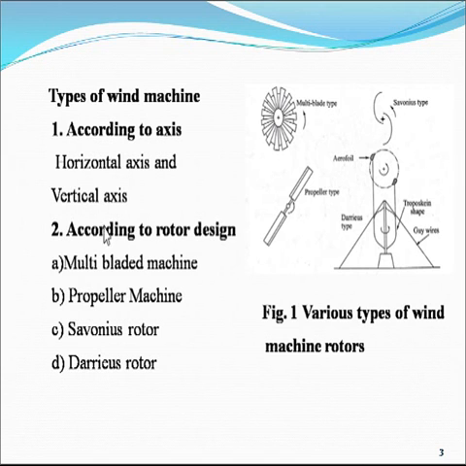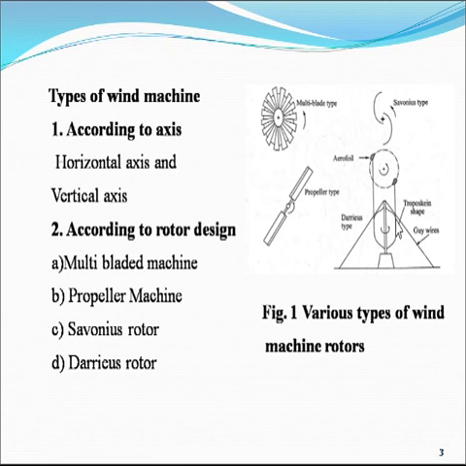Then according to rotor design, there are four types. First is the multi-bladed machine, second is the propeller machine, third is the Savonius rotor, and fourth is the Darrieus rotor. In figure 1, various types of rotors are shown. First is the multi-bladed type, second is the propeller type, third is the Savonius or S type of rotor, and fourth is the Darrieus